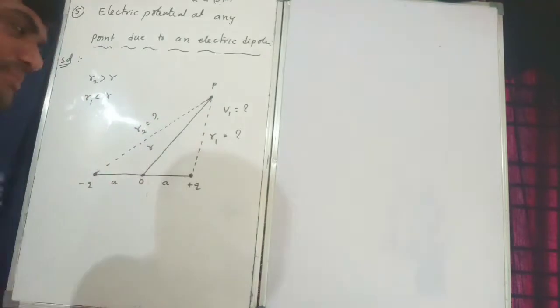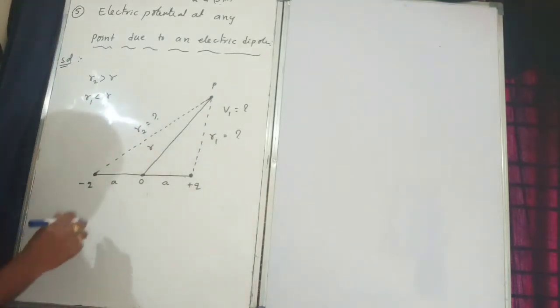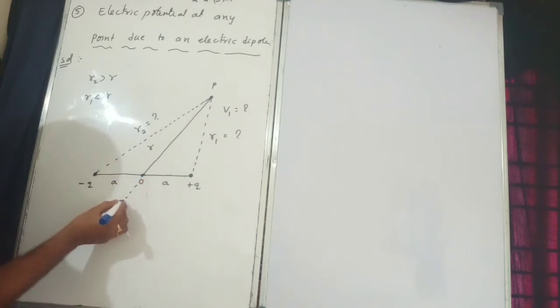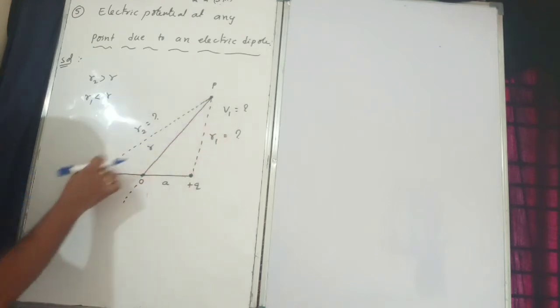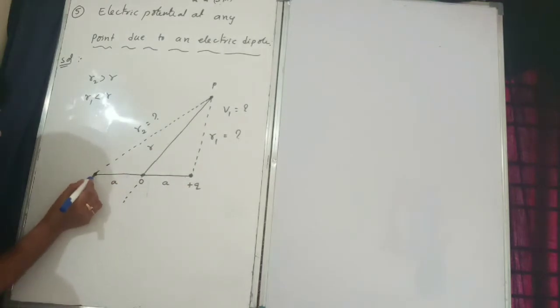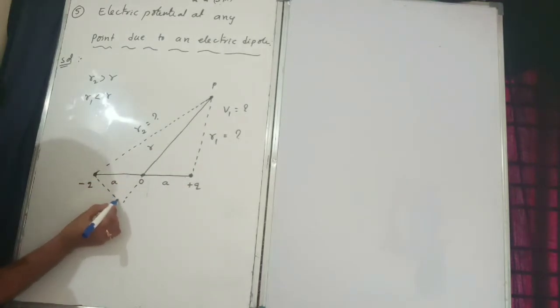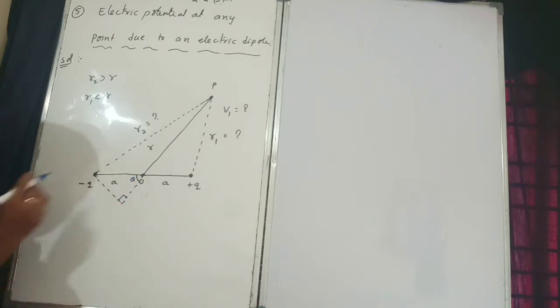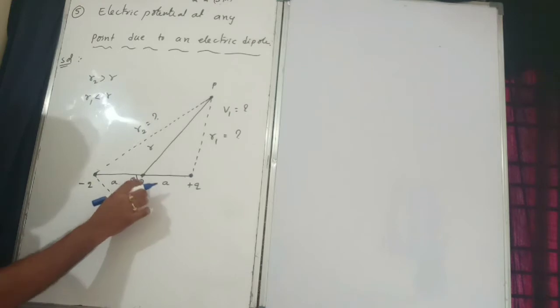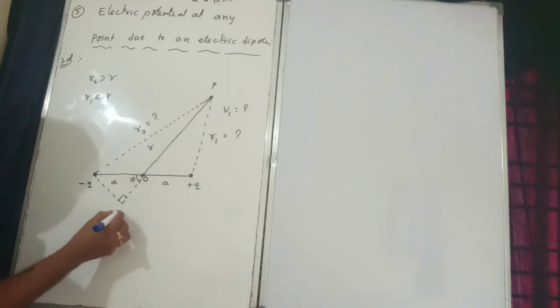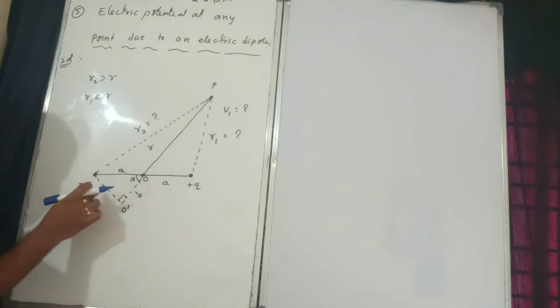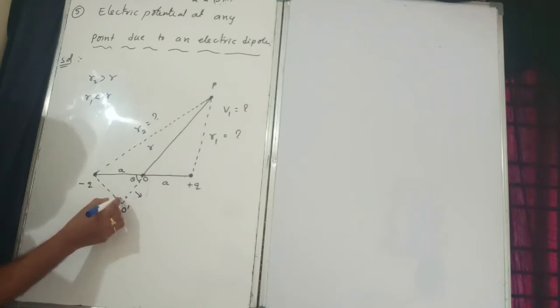Alright? So for that purpose only I can extend here. So this line from here to here I can extend, so both are at equal distance. So here theta, here 90 degrees I will consider. Now I don't know this distance, O dash. This distance I don't know, but this value I know. What is this value? A. Right? So here 90 degrees. This is the 90 degrees.